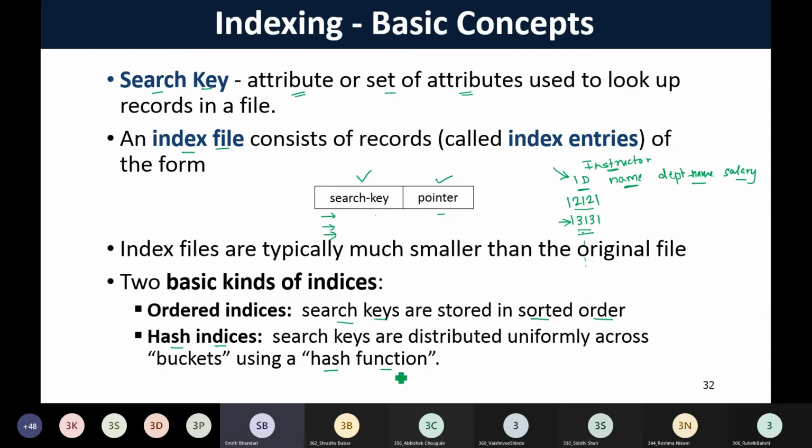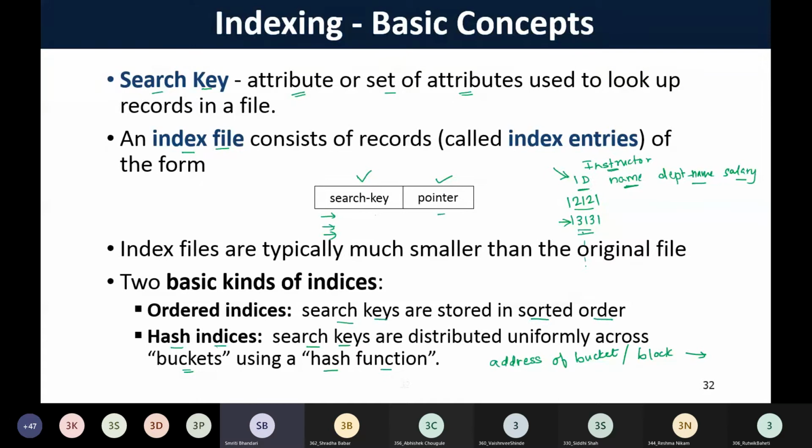And this hash function is computing some address based on the search key. So based on that computation, it will provide me the address of the block. This block is known as bucket, right? So this hash function will provide us the address of bucket or the block where we are going to store the record related to that particular search key,